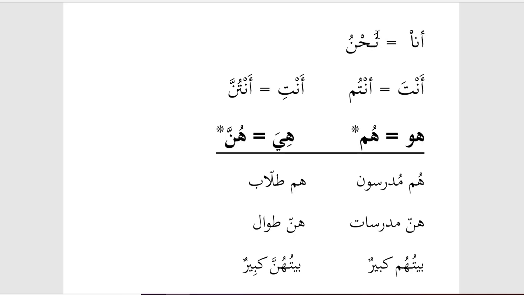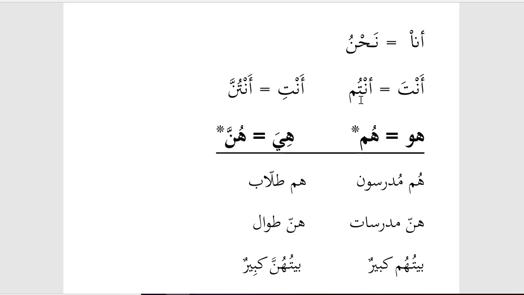Okay, so the male is neutral and the female is neutral. So that's why we have the two ends there, to show that both genders are neutral. That this can be used for a group of men, and it can be used for a group of women. So nahnu could be a group of women speaking, and nahnu could be a group of men speaking. The noon in the beginning is for neutral male, and the noon at the end is for neutral female. Anta with the ta at the top refers to a man, saying you, anta.